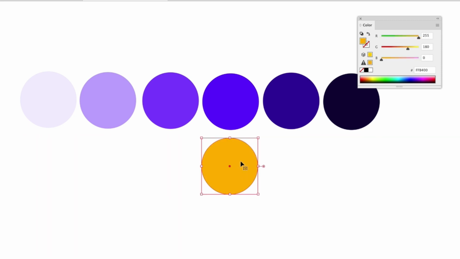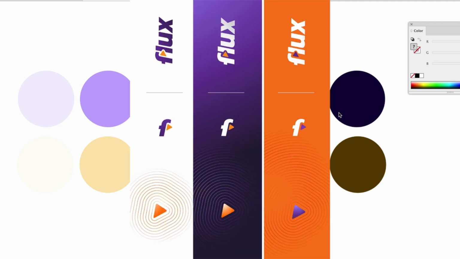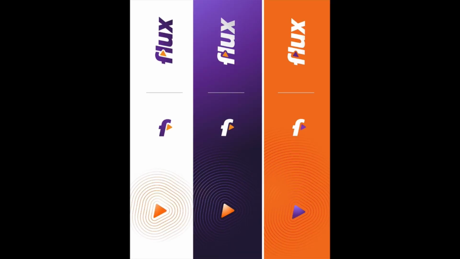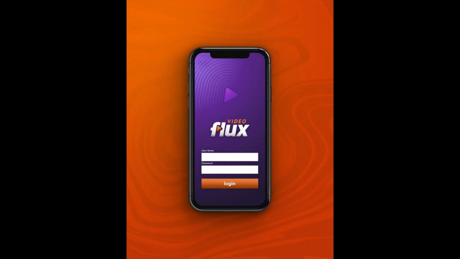Let's do the same thing we did before by creating a couple different variations. So now this is our two base hues, and these are just different variations of shades that we can use for our color palette. This is a very high contrast, vibrant color pairing, and we can keep going with another high contrast, vibrant color. And so this is great for a very youthful brand or logo or design piece, something that really needs a lot of energy, that needs, if you look at the psychology of color, something that's refreshing,